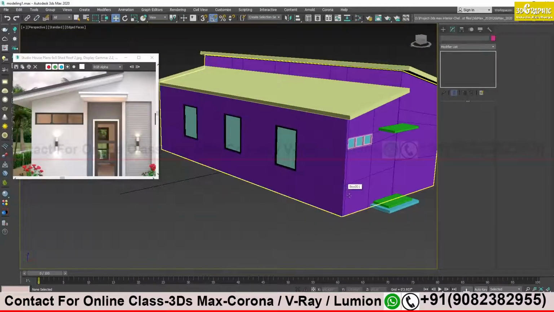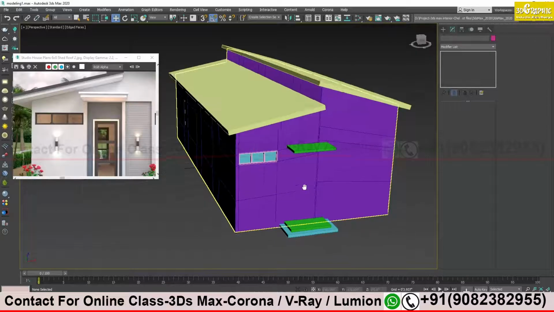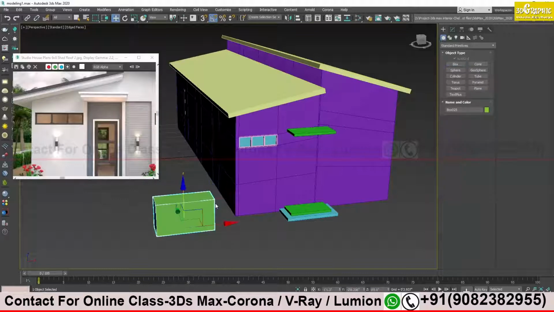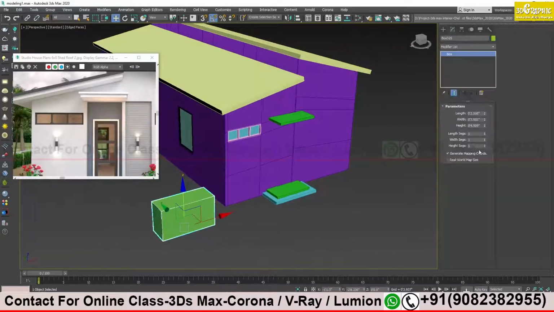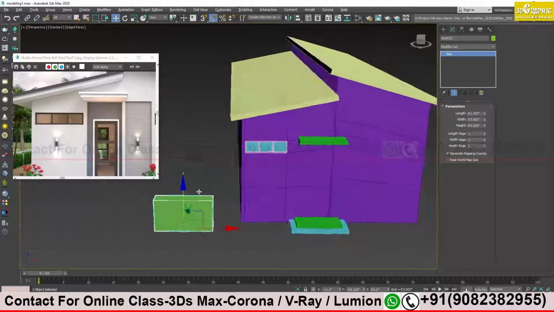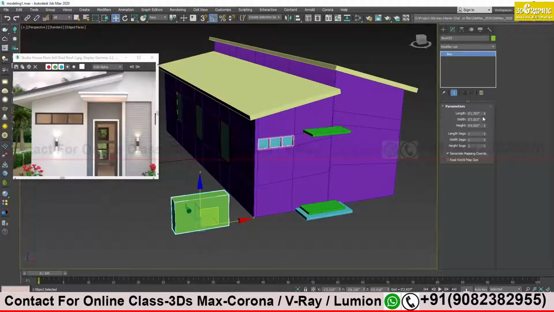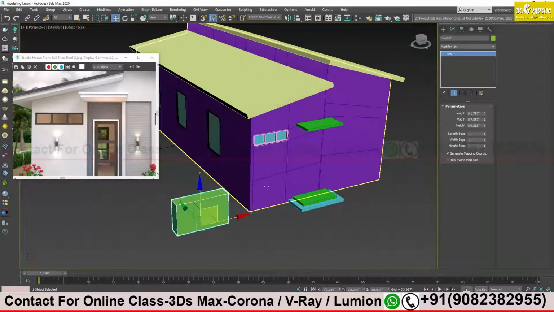Before, what we were doing, we were creating objects without any measurement. Now we are trying to create and stretch and give any values for height and width, right? Now I will teach you how to model things with exact measurement, exact values over here. Right now it's inches, it is my feet. So how you can change your inches and feet option and how to do it with exact measurement. Okay, height, width, depth, everything.